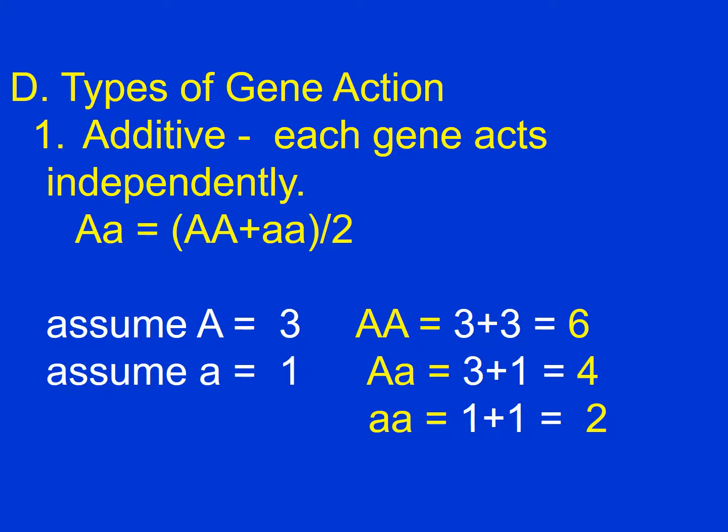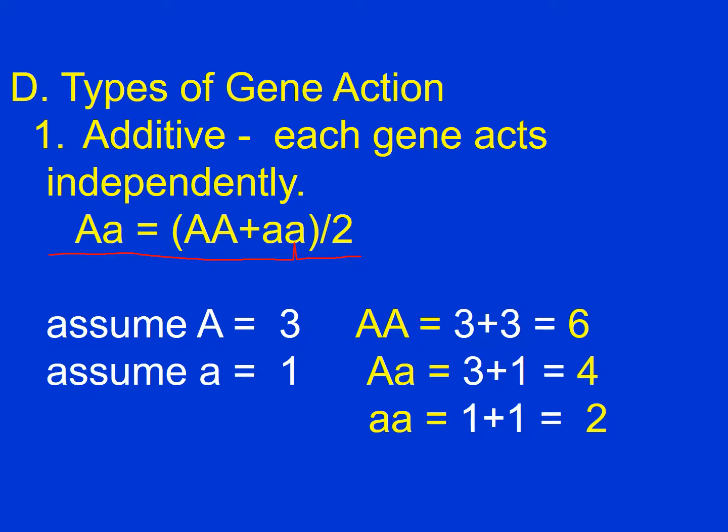With additive, each gene, or allele, if you will, acts independently. So in our examples here, we're going to use A loci. We're going to have big A and little a. And in this little equation here, we're saying that the value of the heterozygous genotype is the average of the two